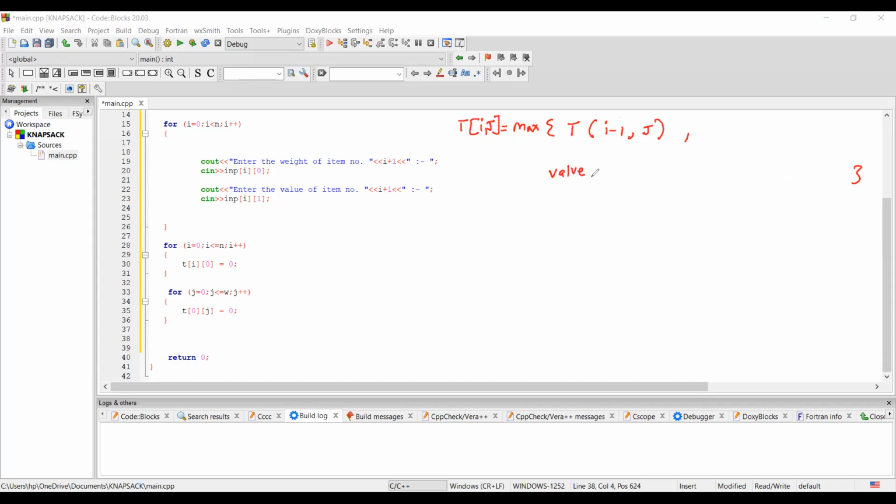It is the value of I plus T of I minus 1 comma j minus weight of I. So these are our two values, this one or this one. I hope that it is clear to all of you that we are supposed to fill all the remaining entries with the help of this formula.